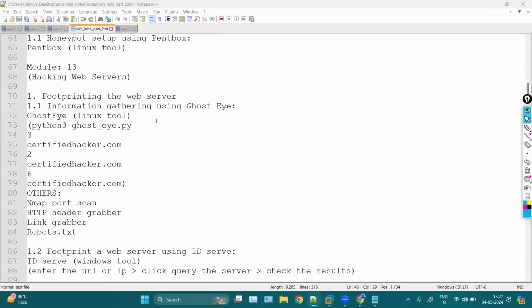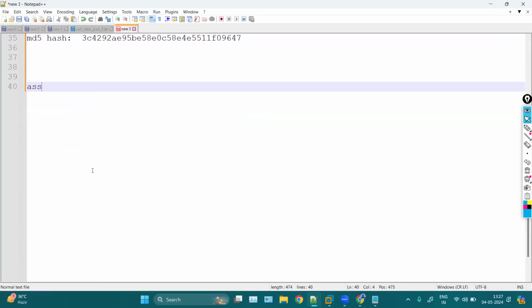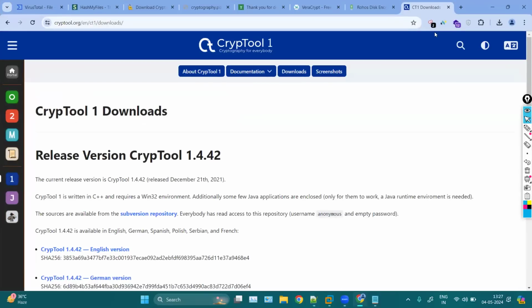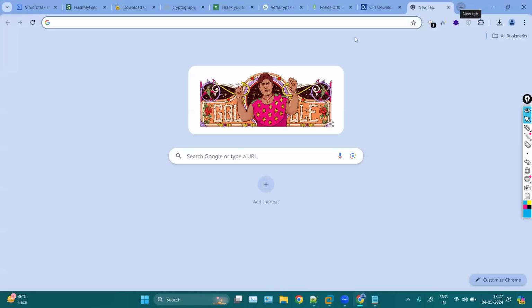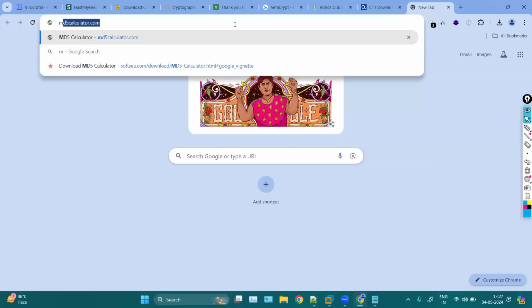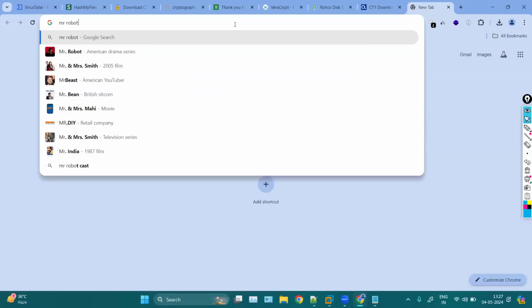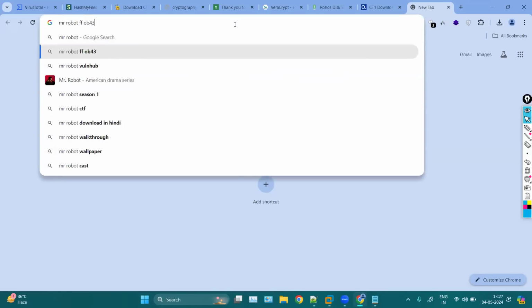Then we have hacking the web server. In hacking web servers, we have already seen how we can hack the Kioptrix machines, Kioptrix level 1, level 2, and the Metasploitable machine. So I have one assignment for you for today. You can try this machine. This machine is very complex and very interesting. If you search for Mr. Robot 1,